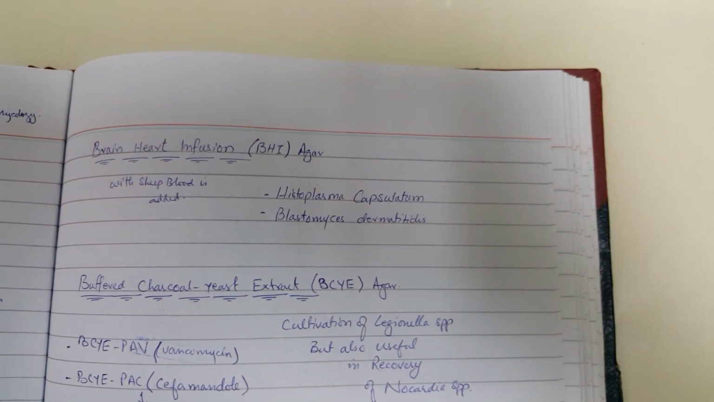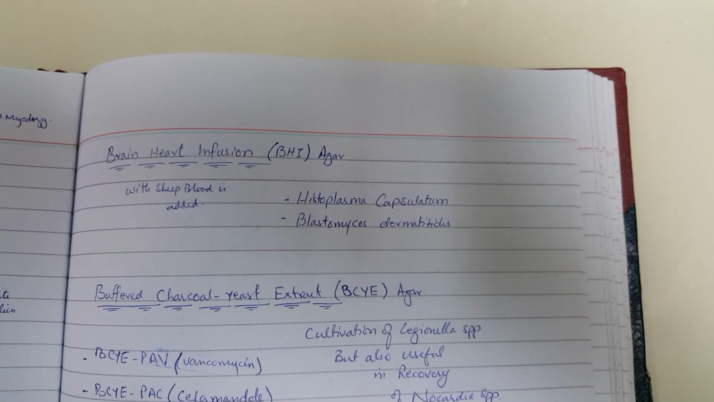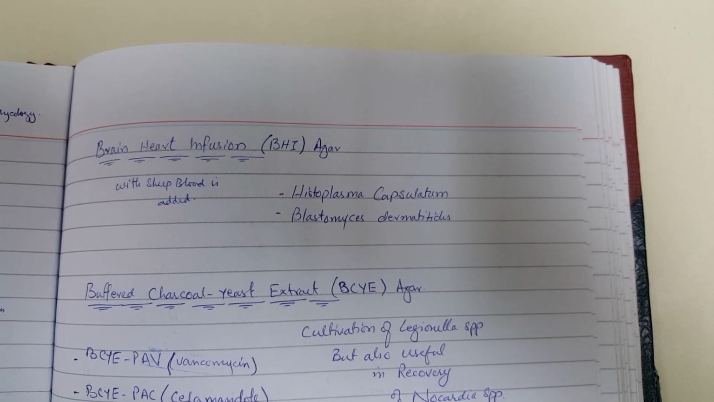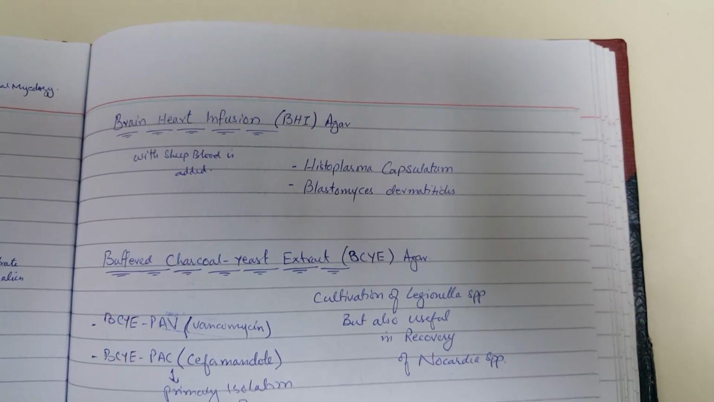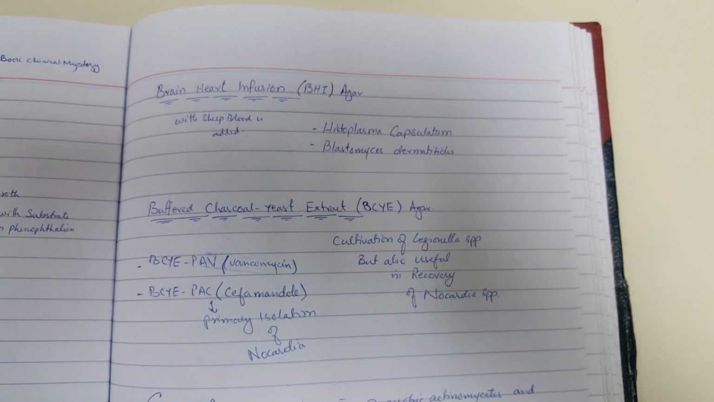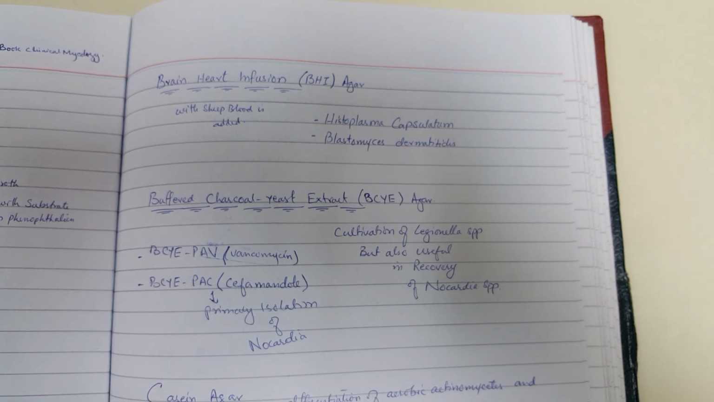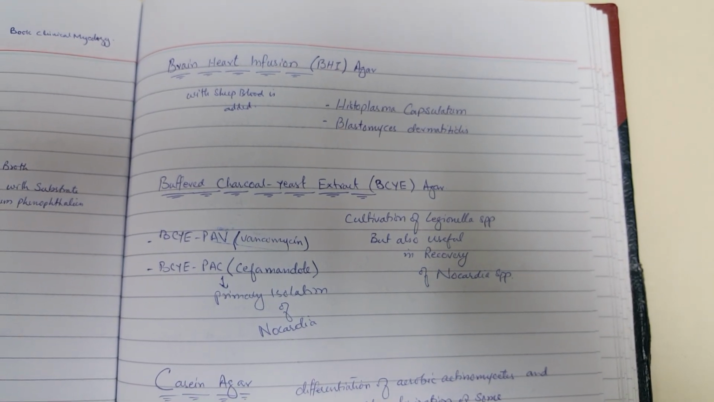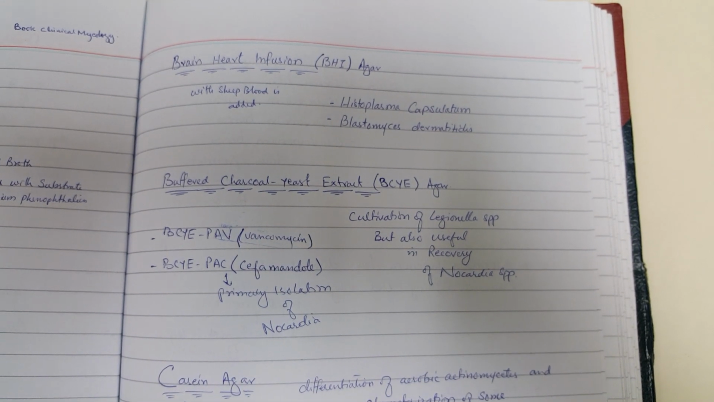Brain heart infusion with sheep blood is added, and this is widely used to isolate Histoplasma capsulatum and Blastomyces dermatitidis. Buffered charcoal yeast agar is basically used for the cultivation of Legionella species, but is also used for the recovery of Nocardia species, and it is further supplemented with vancomycin and